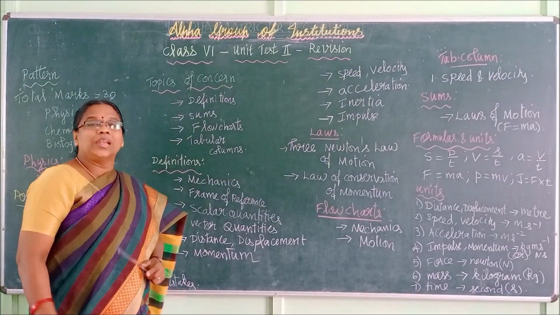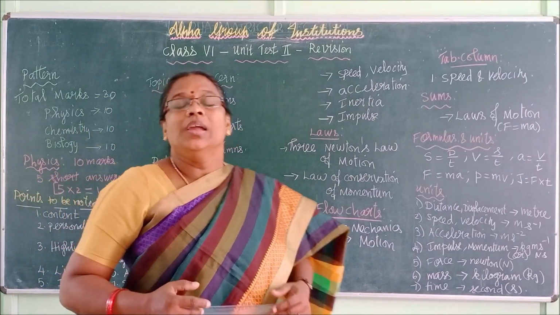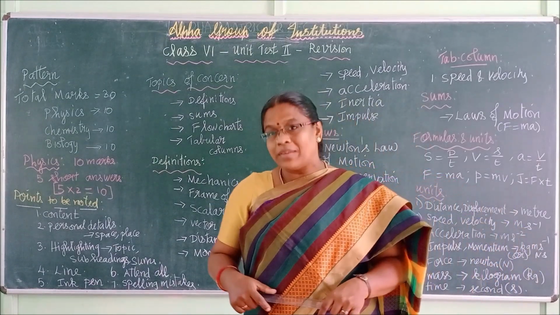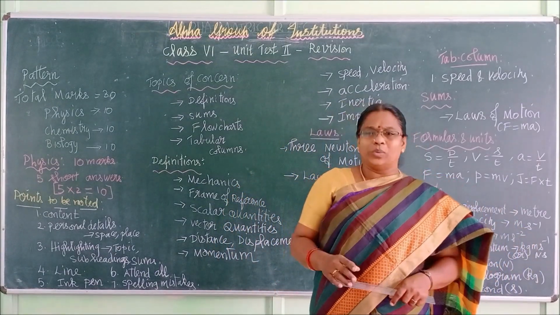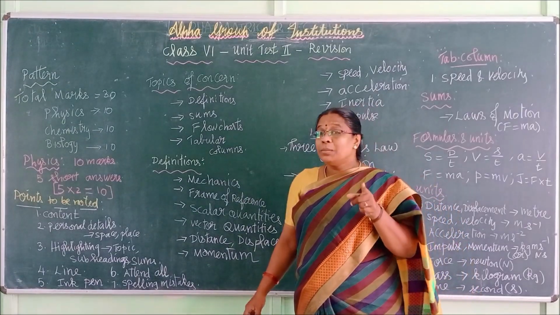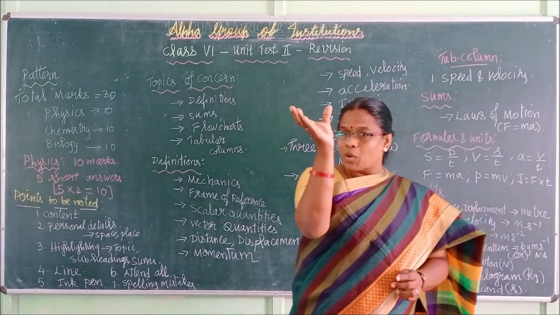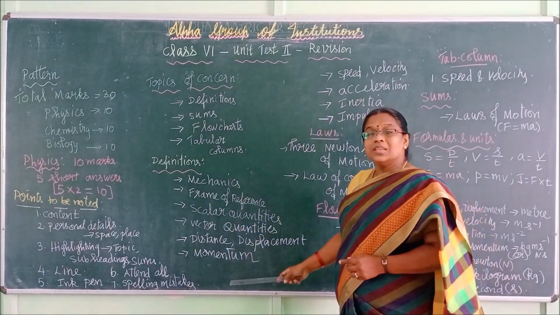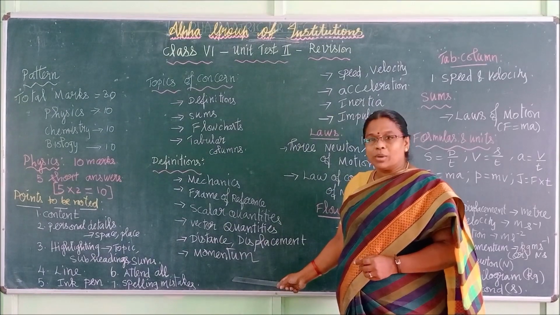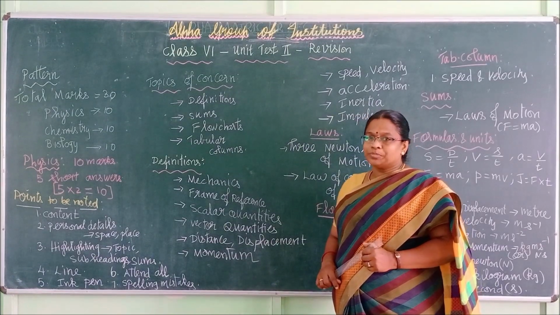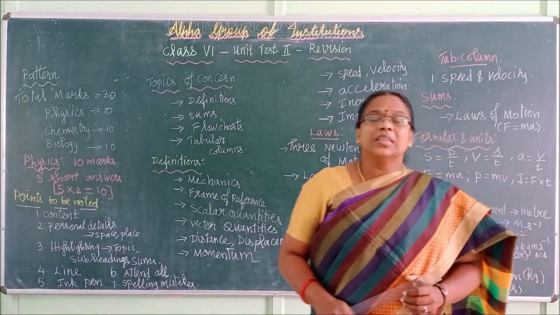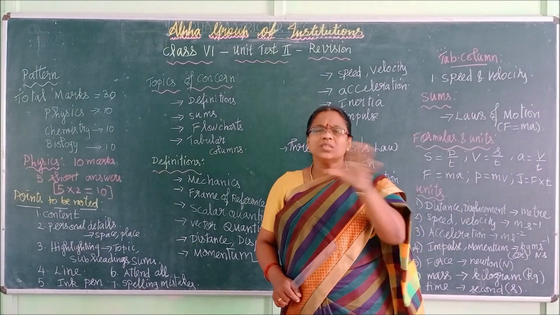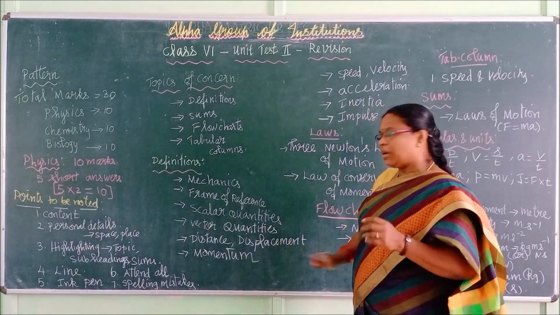Next we have momentum. What is momentum? It is the product of mass and velocity, and one more definition I would have given you. Whichever is easier, you can go with it. For this, what is the symbol? Momentum. You write the side heading momentum. In brackets, you have to write the symbol small p. Then p is equal to mv. Formula. Unit. What is the unit? Kilogram meter per second or Newton second. If you don't remember both units, one unit is enough. Right? Okay. Momentum is over.